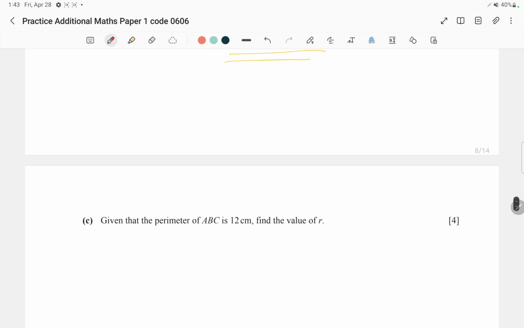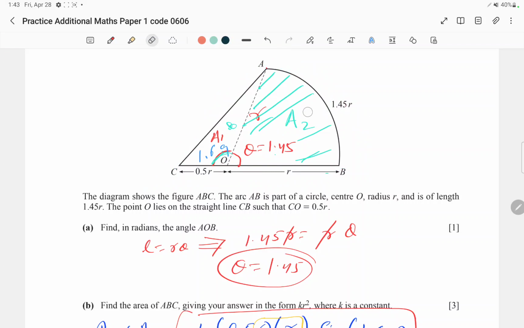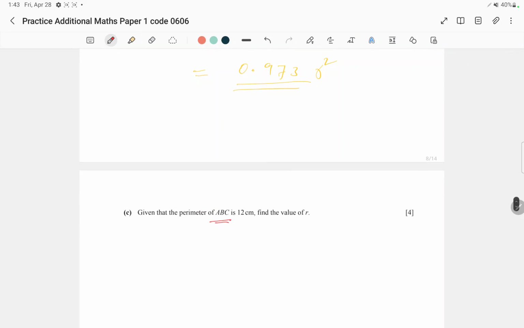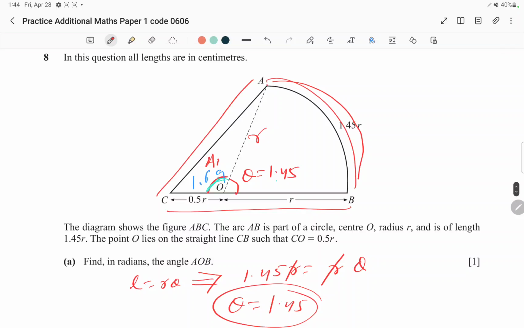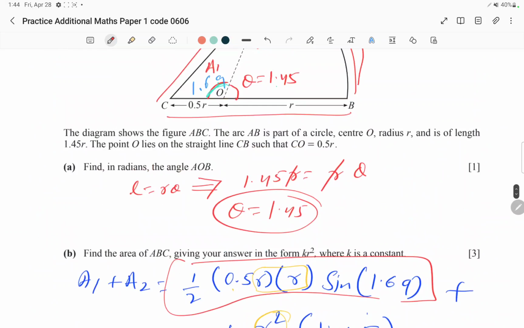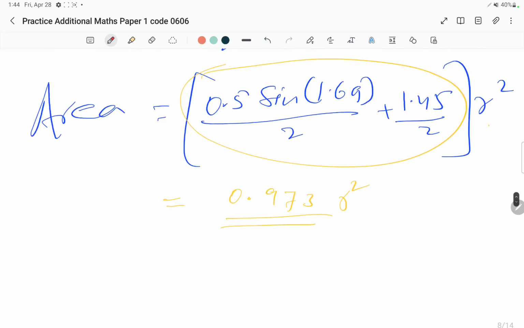Given that perimeter of the, again, ABC is 12 centimeter, find value of R. So perimeter means this arc length, this length plus this length. This time perimeter is already given to us. That's 12. Find the value of R. So this arc length is 1.45 R. So perimeter is 1.45 R plus this length is R plus 0.5 R, which is 1.5 R,